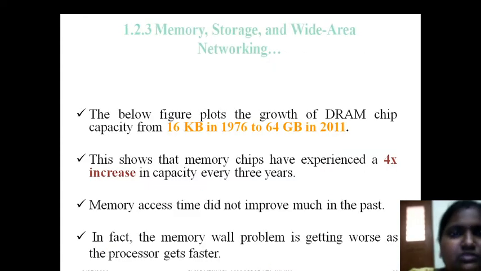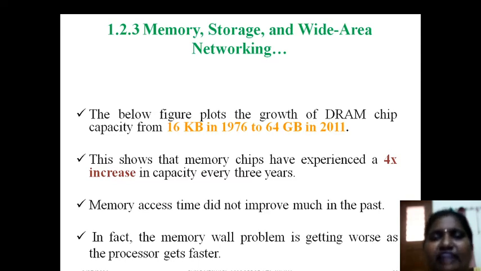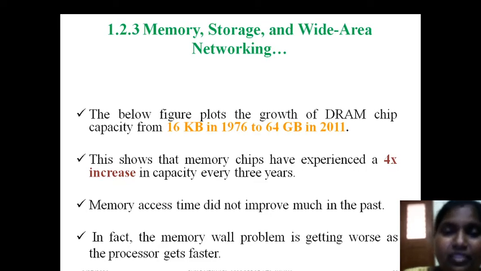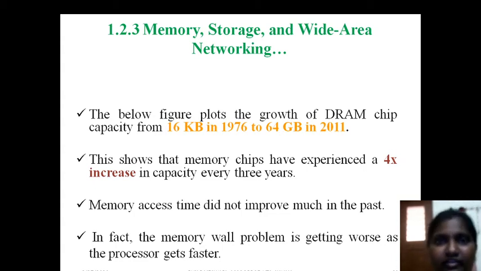Okay. So, and memory, storage and wide area networks. See, if the power requirement is going to increase, automatically the memory requirement is also going to increase, only increment, but not decrement. Okay, if you observe, dynamic RAM, a very efficient memory, was using 16 KB in 1976. I was not even born at that time, but in 2011 64 GB is supported for dynamic RAM. Okay, that is an improvement in our technology.